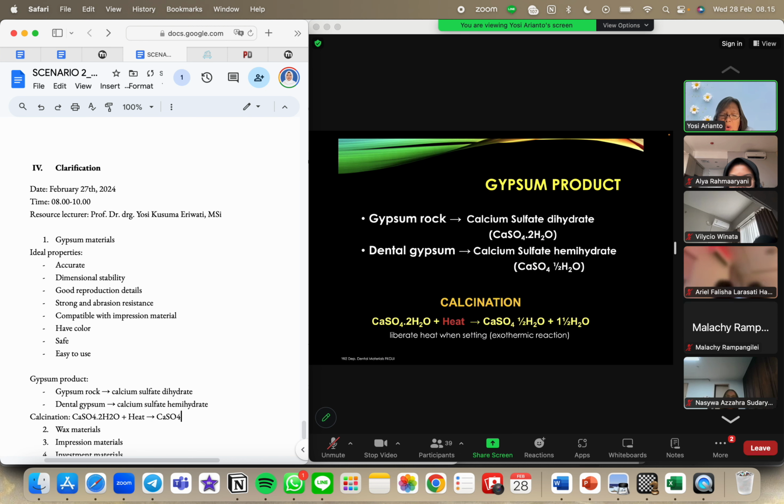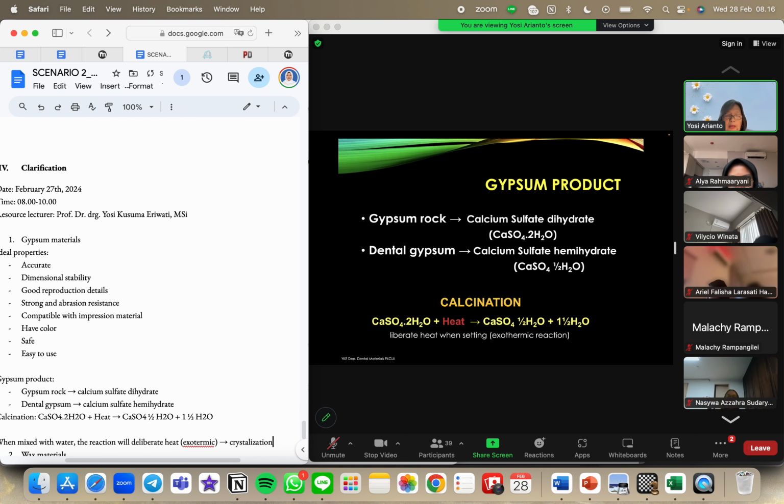So usually we mix gypsum, we use the calcium sulfate hemihydrate and we mix with water, and the reaction will liberate heat when it sets. So this is the exothermic reaction because of the recrystallization of the particles of the calcium sulfate with the water. Okay,